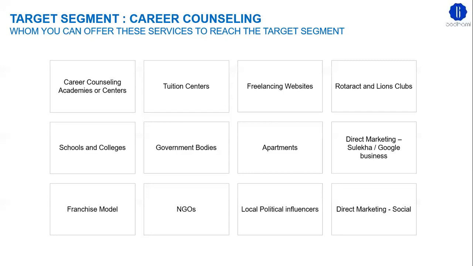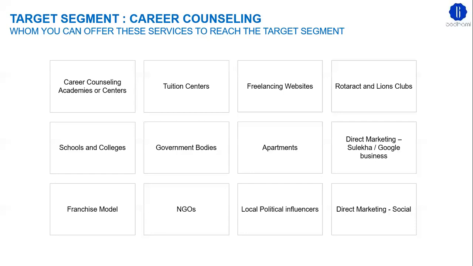You can look at government bodies because a lot of these government bodies look at government schools and try to introduce interventions related to career coaching and career counseling. So you can always look at different government bodies around your local setup to tie up with these government bodies and approach these local schools. You can look at your own apartments or apartment complexes where there are more than 100 or 200 or 500 families who are staying, and you can cater to such apartment complexes to run career counseling series for such students in these apartments.